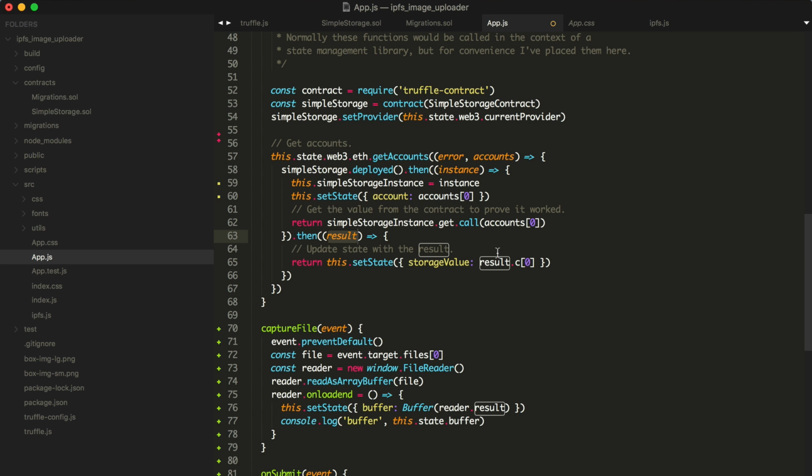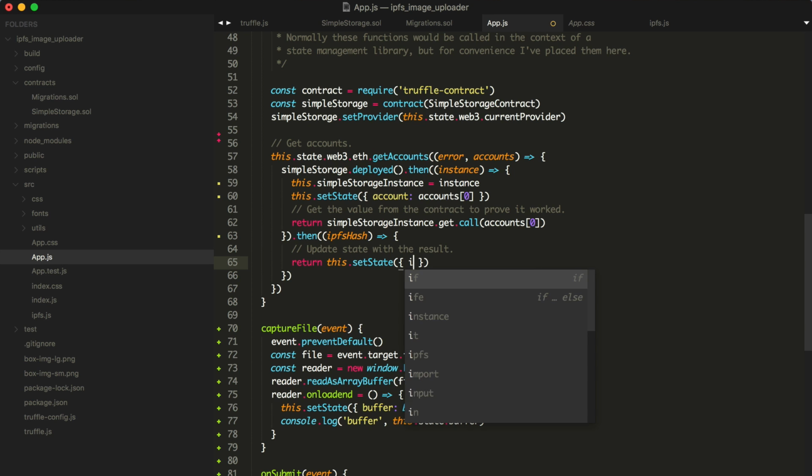Let's say results IPFS hash. That's what's going to get returned from this get function from our smart contract. This is the smart contract we're calling get. And this is an asynchronous call, so we have to use a promise chain to get the value back. And it's going to return an IPFS hash. And I'm actually going to store that IPFS hash like this